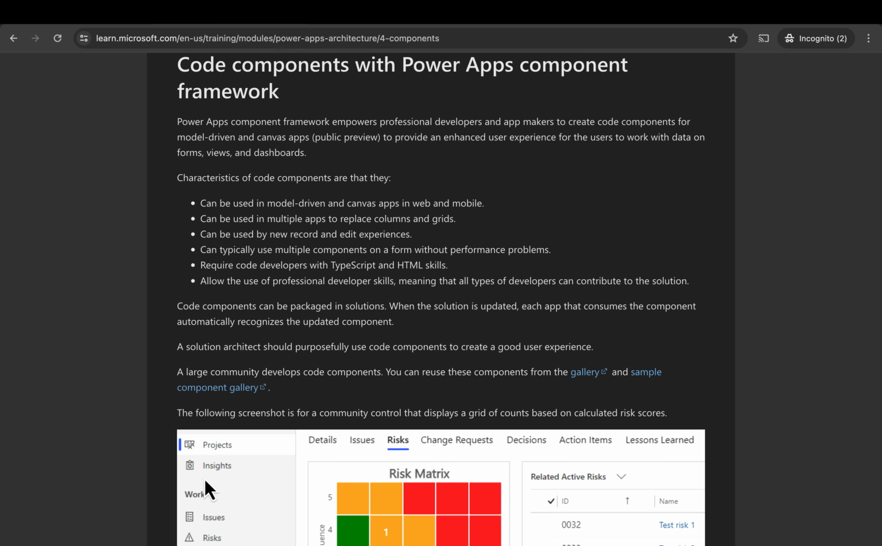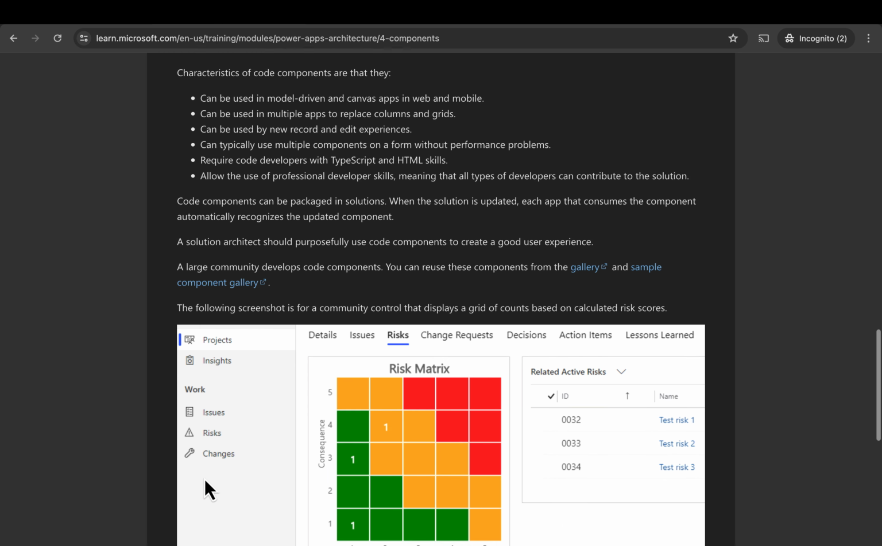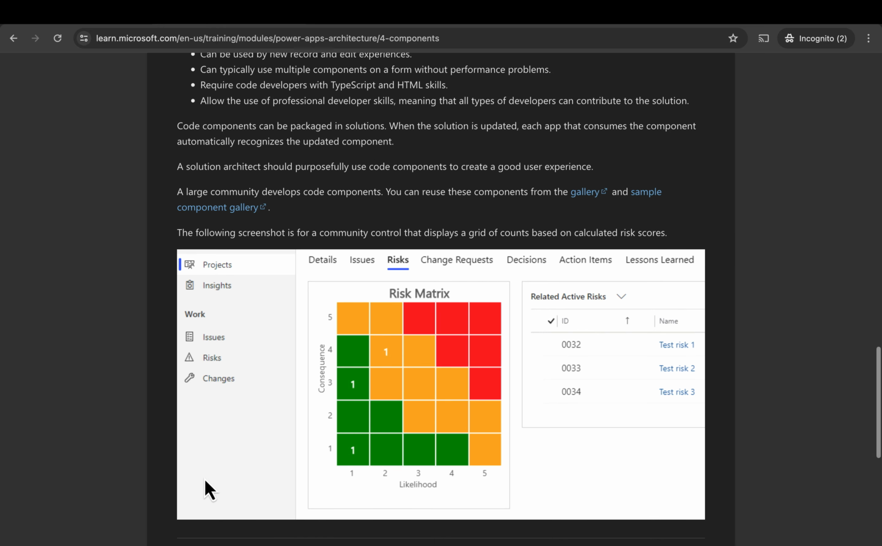Code components with Power Apps Component Framework. Power Apps Component Framework empowers professional developers and app makers to create code components for model-driven and Canvas apps, in public preview, to provide an enhanced user experience for users working with data on forms, views, and dashboards. Characteristics of code components are that they can be used in model-driven and Canvas apps in web and mobile, can be used in multiple apps to replace columns and grids, can be used by new record and edit experiences, and can typically use multiple components on a form without performance problems,